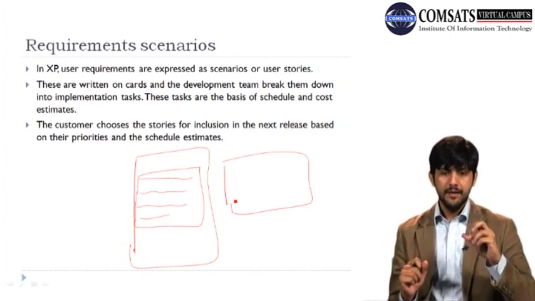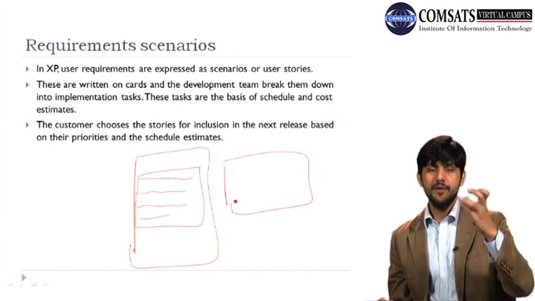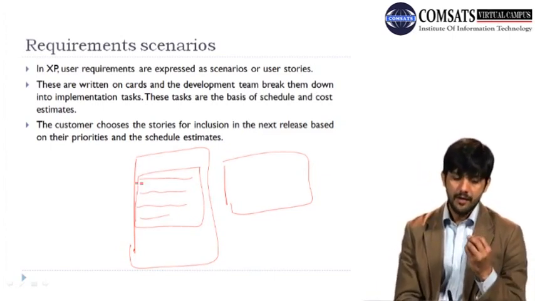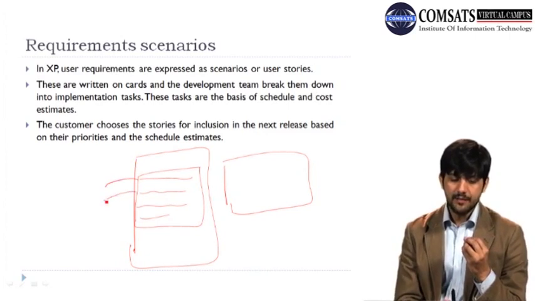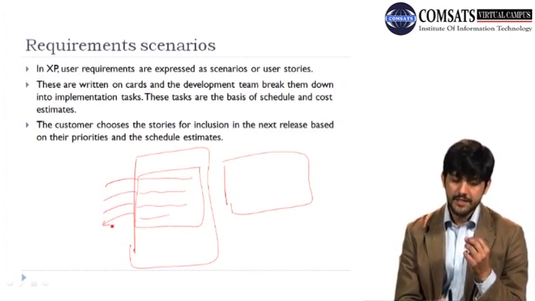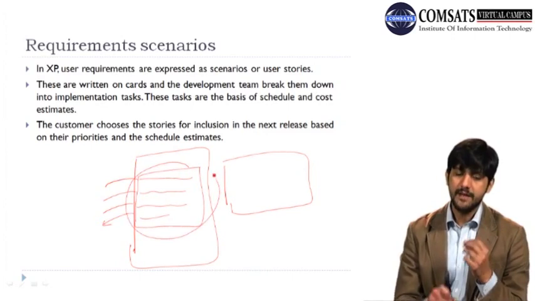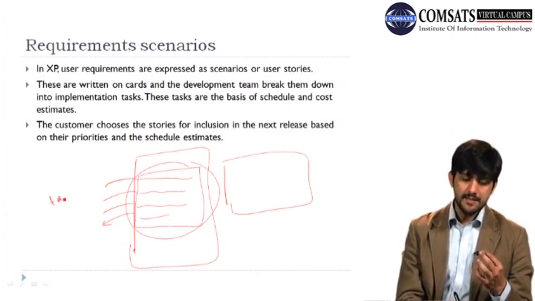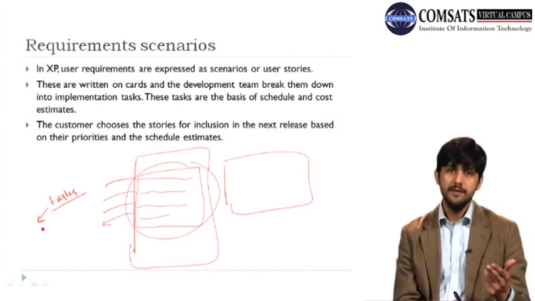You take this whole story from the client, and the team tries to identify the different tasks that we need to do in order to achieve this set of features that the client has requested. And on the basis of these tasks, all the teams sit together,